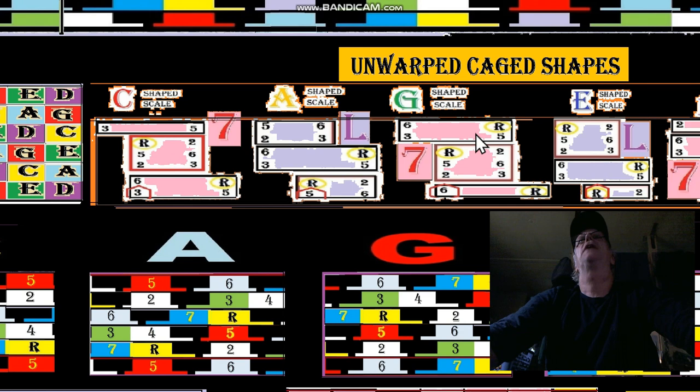If we took this guy and put him over to here, that would be warped. Okay. So the 3 and the 6 is actually above the R. One of the things that gives the CAGED positions their shape is the warp. The other thing that gives the CAGED position